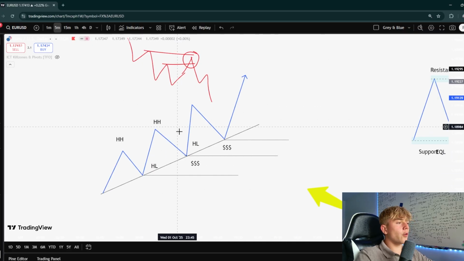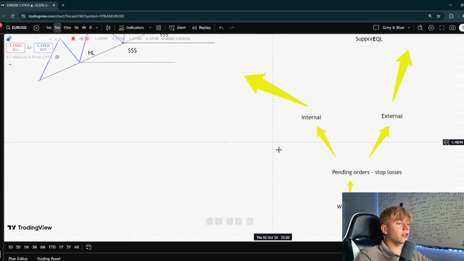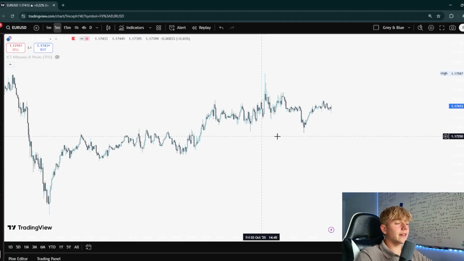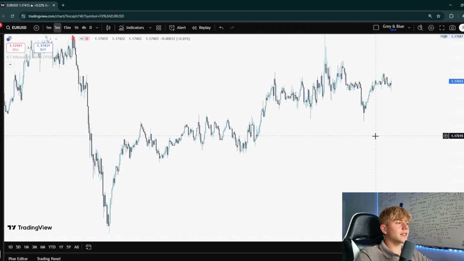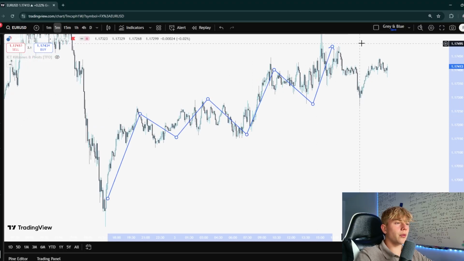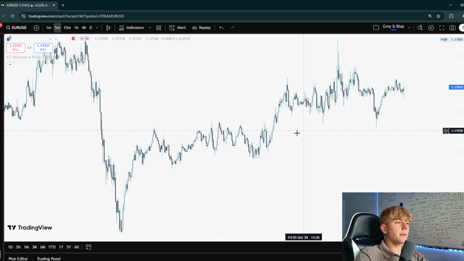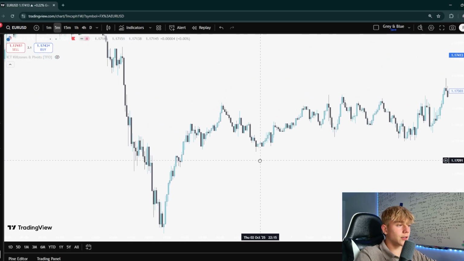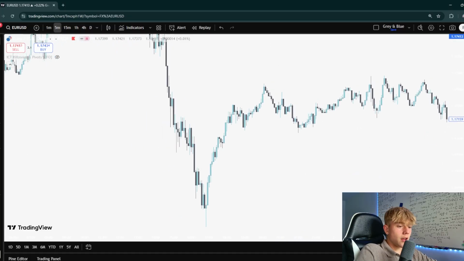So if we were looking for an example of liquidity being used like this internally, let's say we go to our Euro USD, the latest bit of price action again. We can see we have a little bit of an uptrend forming, with price creating higher highs and higher lows. But if you zoom in closely at every bit where price created new structure, you can see price started reversing down here, came up, created a high, created a higher low, created a higher high, created another higher low, but